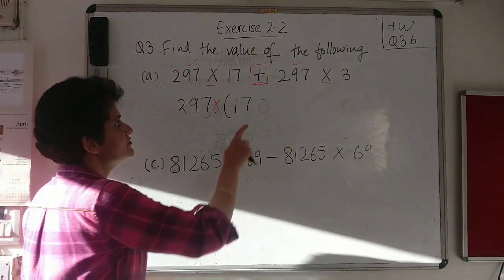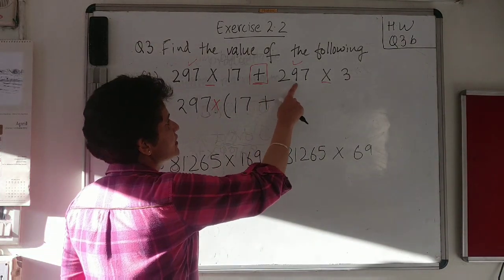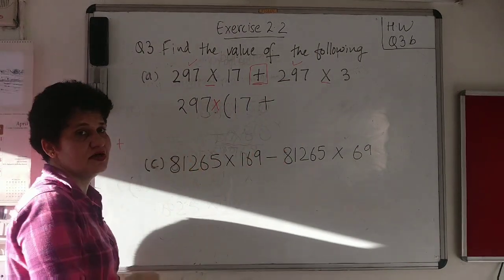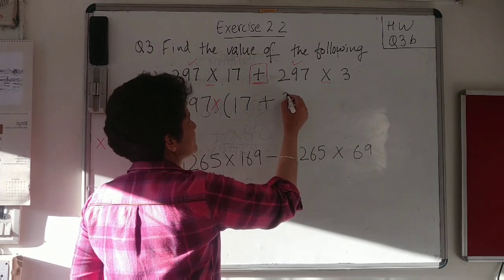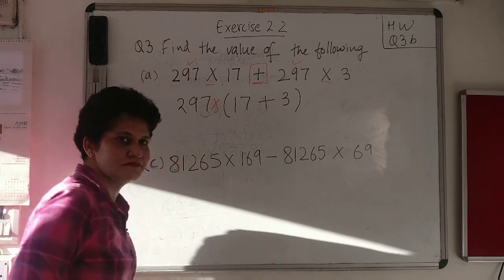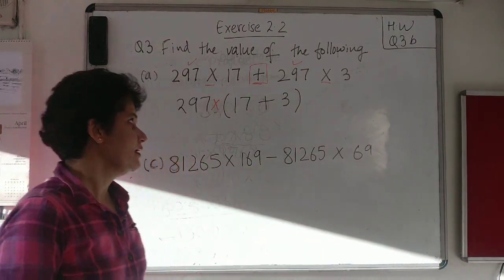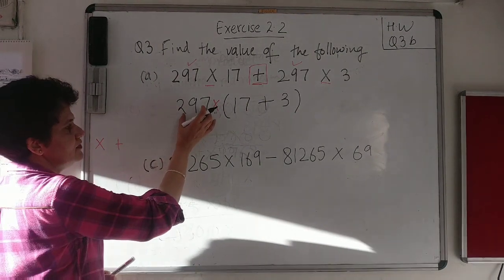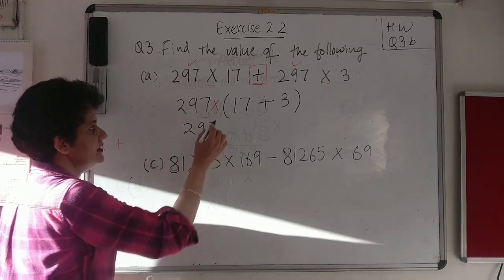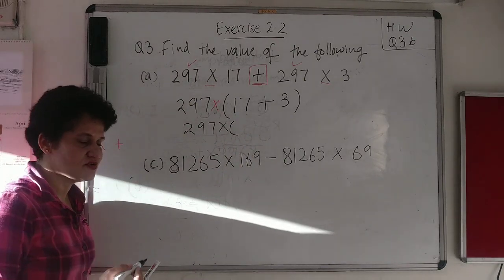Easy. After that, what do we have? Plus, I'll write plus here. After that, what do I have? 297. I have taken out the common already. Multiply, I have taken out the common already. What is left? 3. So I'll write 3 over here. Anything else left? No. So that means bracket close. If you have a third number, we can continue like this, a third, fourth number. After that, 297, we will bring it down as it is, because we have to make our question simpler. And then we will write a multiply sign here. You can ignore writing the multiplication sign later on.